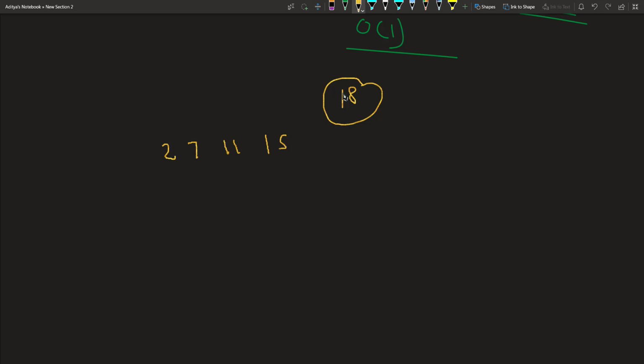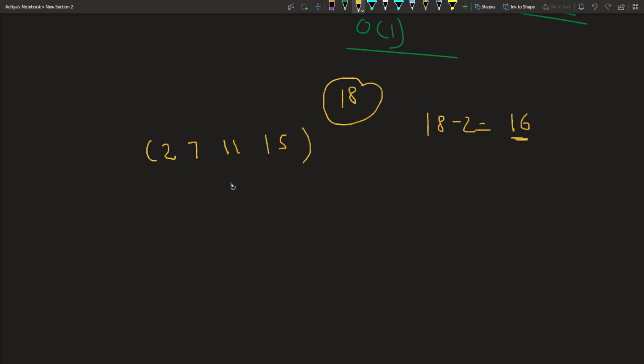And in most cases, the best data structure that comes up is our Hashmap. If you are using Python, it is a dictionary. If you are using C++ or Java, it is a Hashmap. So how can we use a Hashmap here? Let us see. With the Hashmap, we can calculate the difference between both of them. Like 18 minus 2 is 16,